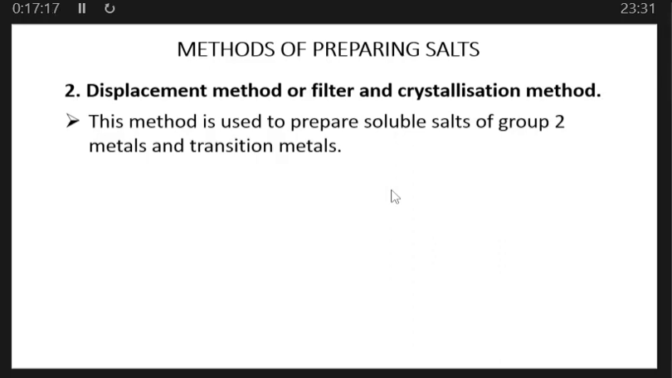All right? I hope you are getting sense in this. Also, when we talk of transition metals like zinc, I can talk of zinc nitrate. Zinc nitrate is a salt. So zinc is a transition metal. So since zinc is a transition metal, the method that I should use is displacement method or filter and crystallization because zinc nitrate is also a soluble salt. All right, so we are saying